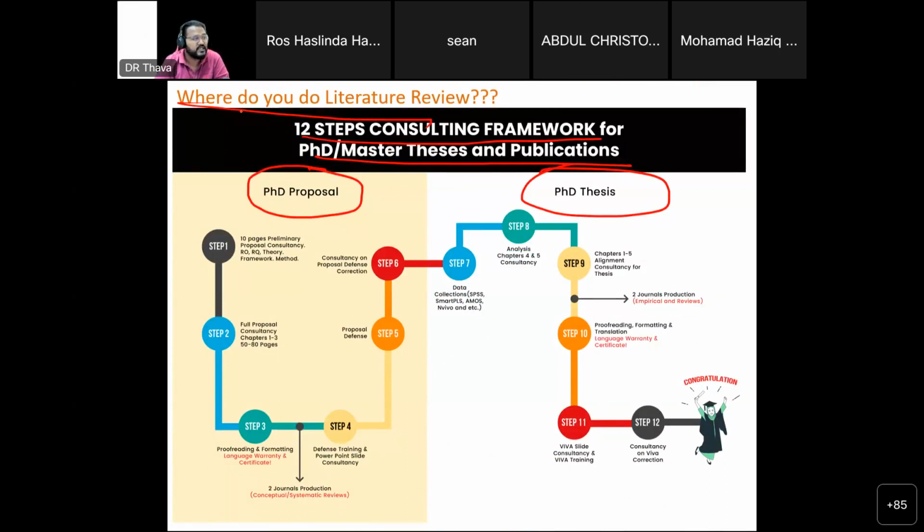A lot of questions that always come to me is, when do I do literature review and when do I stop doing literature review? Literature review starts from there, then it goes there, and there, then there, and finally there. These are all the stages you must do literature review. After you finish, you're not in academia anymore, you're not doing research anymore, forget the word literature review from your dictionary.